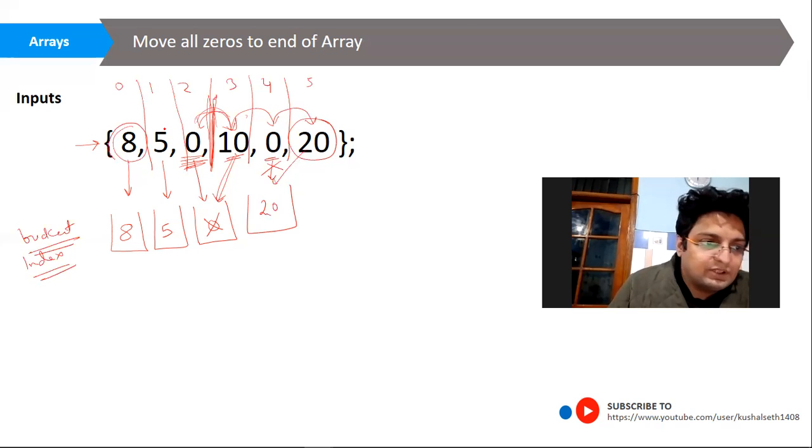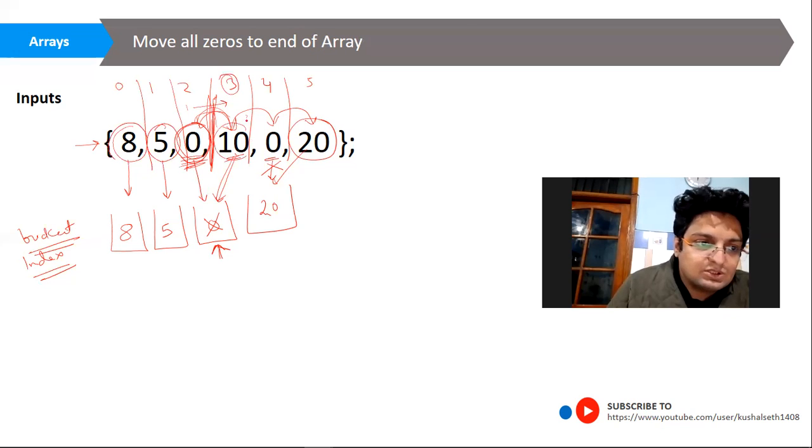We are fine with 8, we are fine with 5 as well. But since 0 is coming in between, we are not fine with this. Whatever number comes, we have to put it at this bucket. So this will be the bucket index, the index of our non-zero digit.